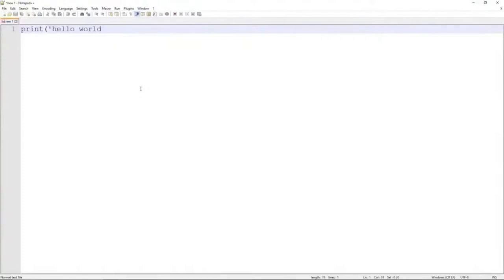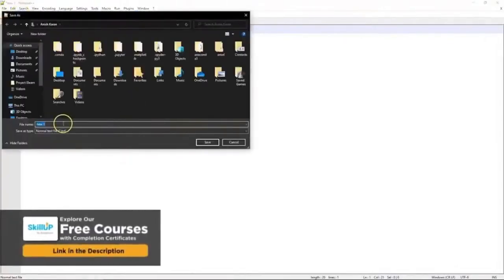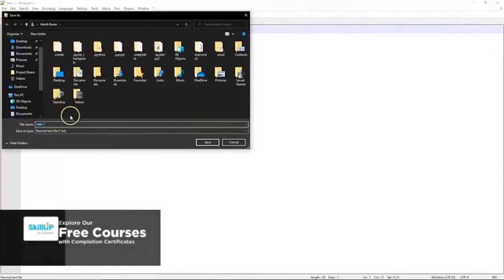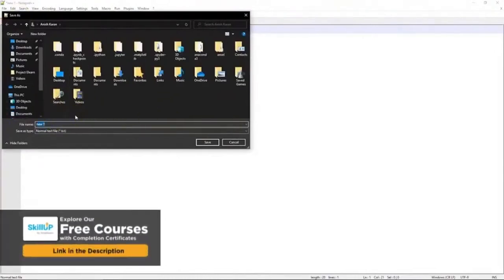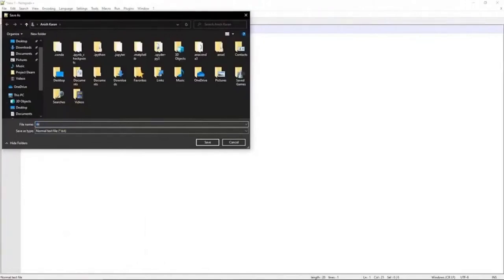Now, it is very important when you are saving your Python program that you use the .py suffix. If I were to save this, I can choose whatever folder. This folder seems fine. Now I give the file name as, say, test.